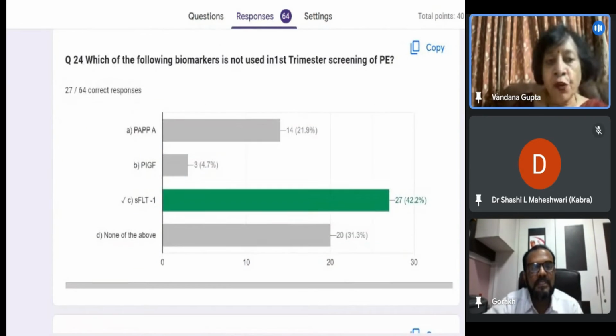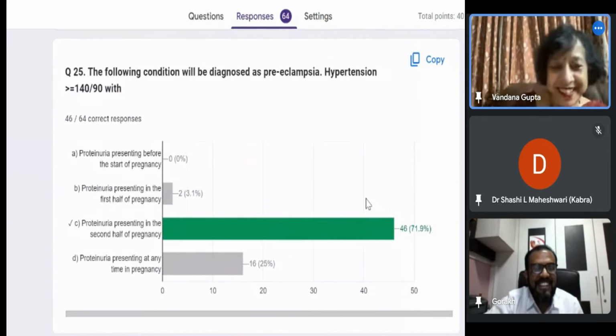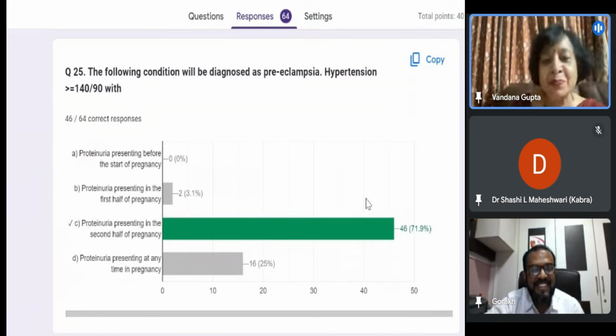Next. Which of the following biomarkers is not used in first trimester screening for preeclampsia? So they all are used. PAPP-A is also used, PlGF is also used, sFlt, but now we are using only gestosis score. The following condition will be diagnosed as preeclampsia, hypertension greater than 140 over 90, with the proteinuria presenting before the start of pregnancy. The correct answer is proteinuria presenting in the second half of the pregnancy, although proteinuria is still